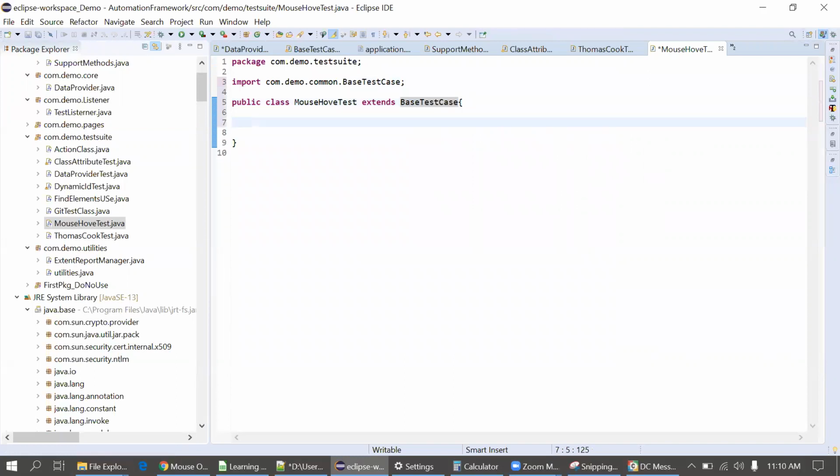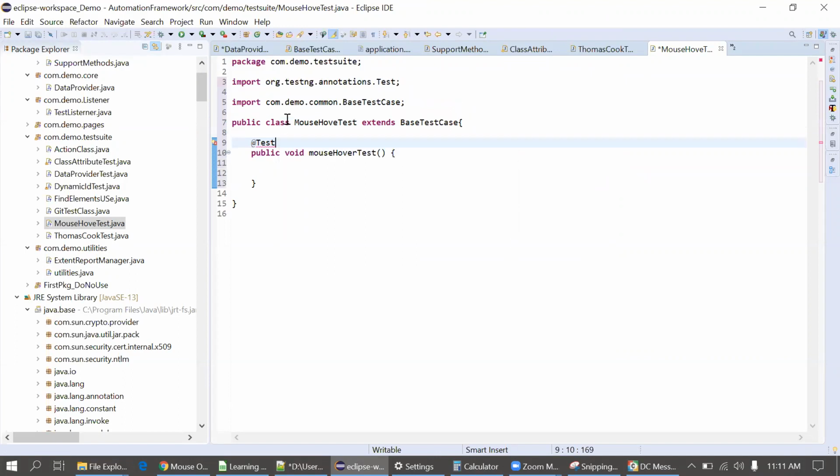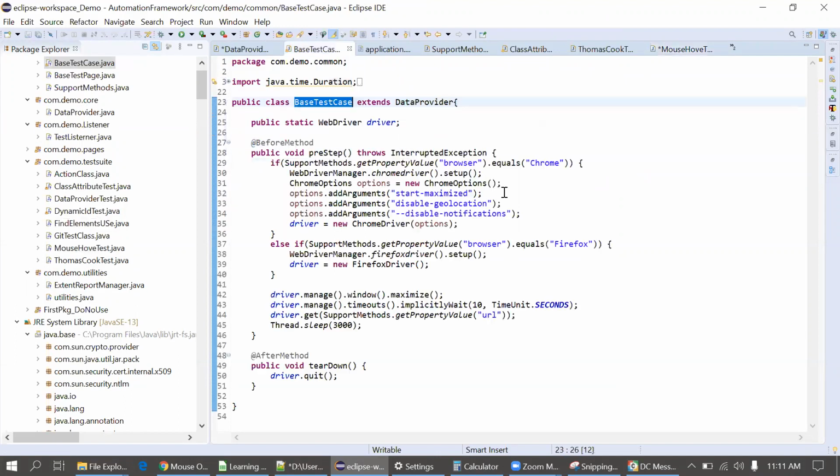Then I'll write one test case here, public void. Before that, I will put the test annotation here. Now in the before method, what I have done, it should navigate to this URL.